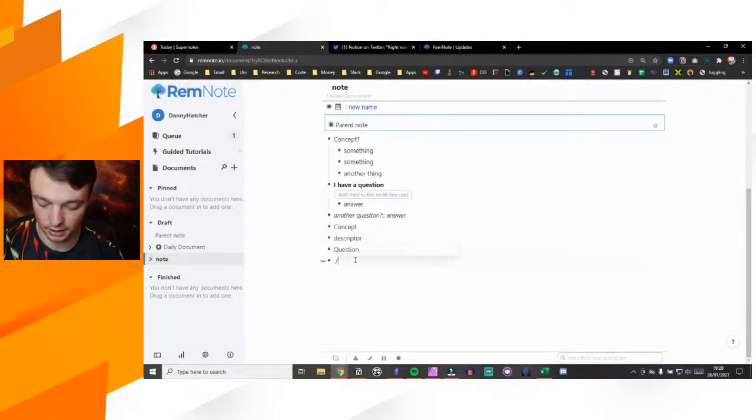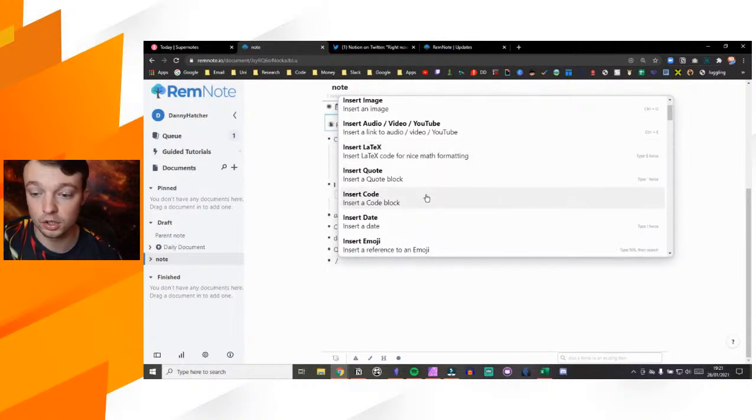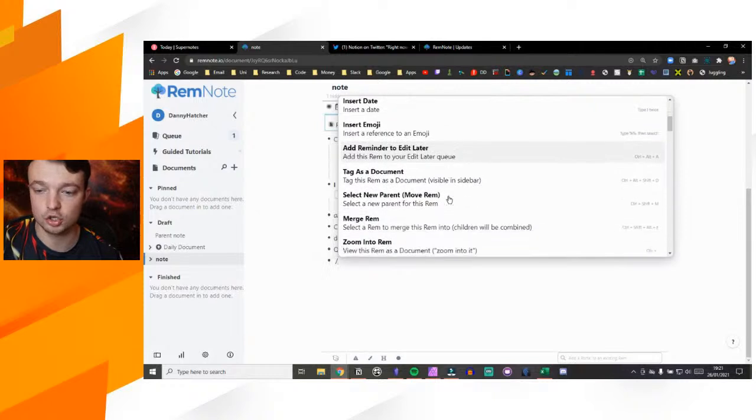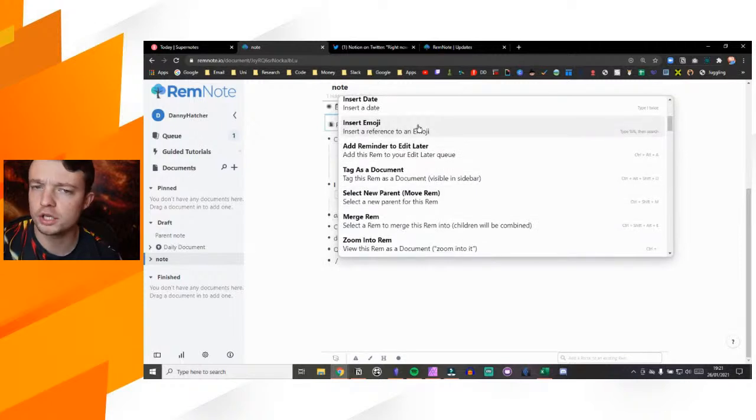So when note taking in a lecture, I probably wouldn't use Remnote. Remnote would be my condensed notes from the lecture that I want to revise from. LaTeX math, if anyone's using math, quote block, code block, all of these are consistent across most note-taking applications now. From what I've seen, you'll see a date picker. That's in Roam, it's in Obsidian, it's obviously in Notion. The code block, the quote block. Emojis. There's no shortcuts for emojis for some reason. I mean, come on, just type out the emoji. Anyway,